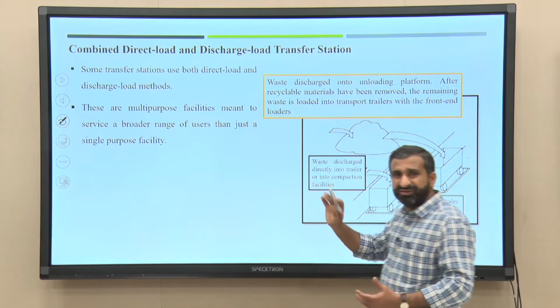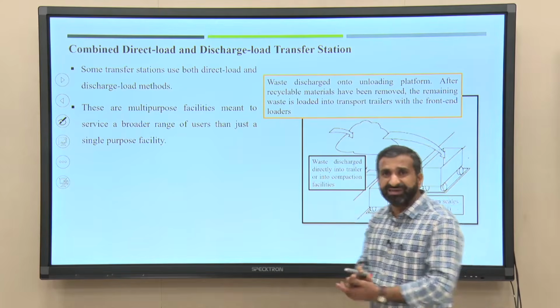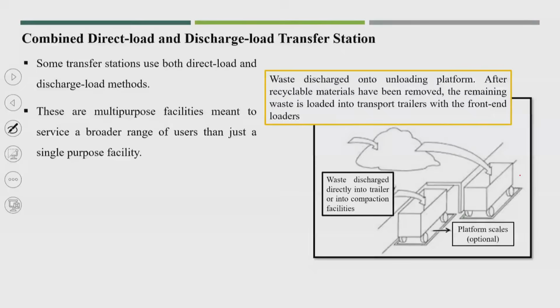So, it is difficult to have biological degradation facilities. Okay. So, what we can plan here: the wet waste will get direct load. So, there is no storage of wet waste, but dry waste we can store